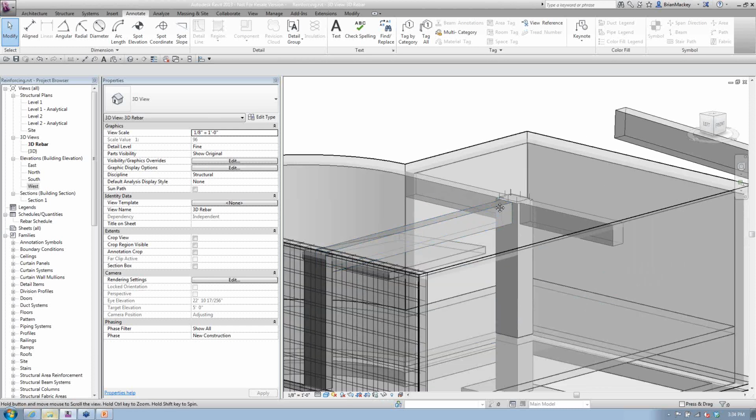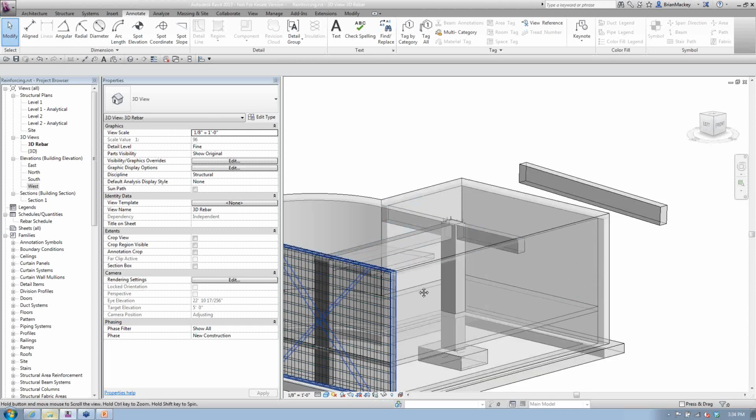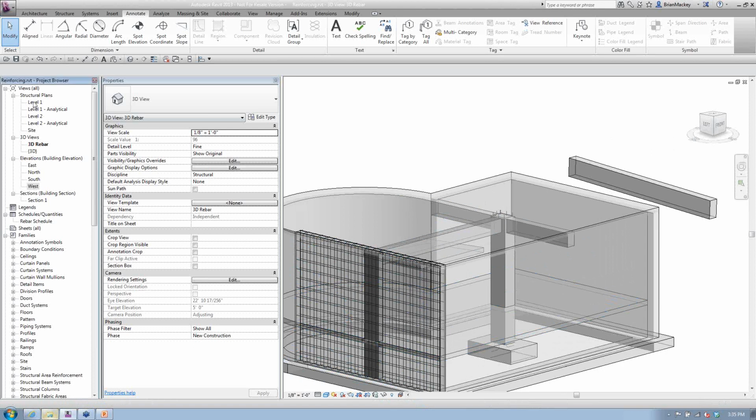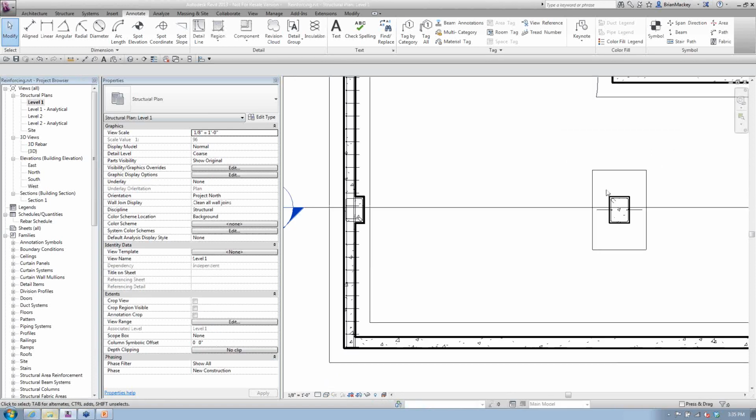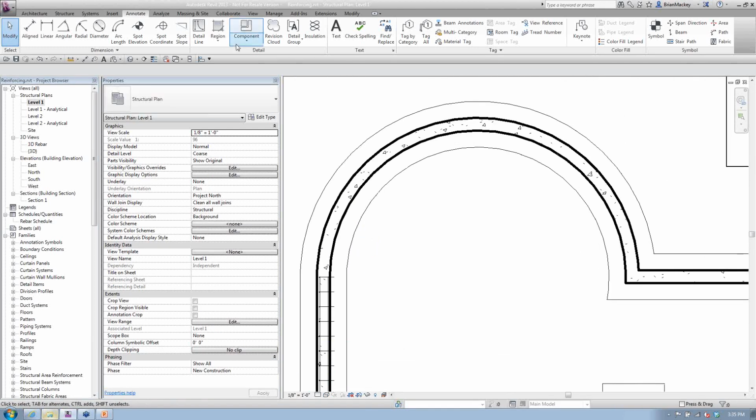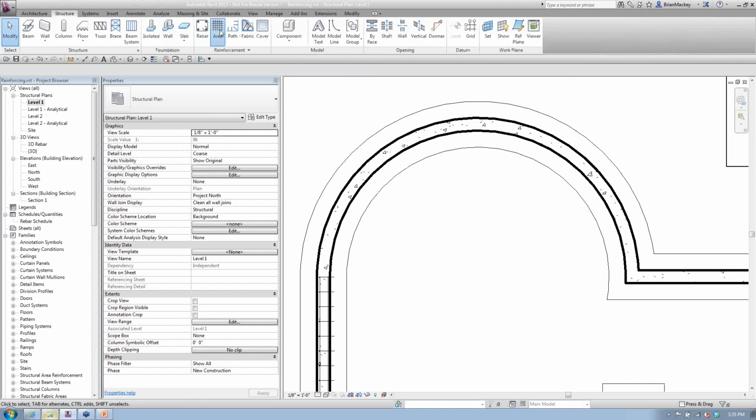Okay, so once that information is done, you've got the path reinforcement. I'm just going to go down to level 1, and we'll just do path reinforcement on my slab over here. So path reinforcement works very similar to the area reinforcement. Oops, I want path reinforcement. You've got to pick the object. You'll see it's going to let me pick a wall, but I probably have to be parallel to the wall,